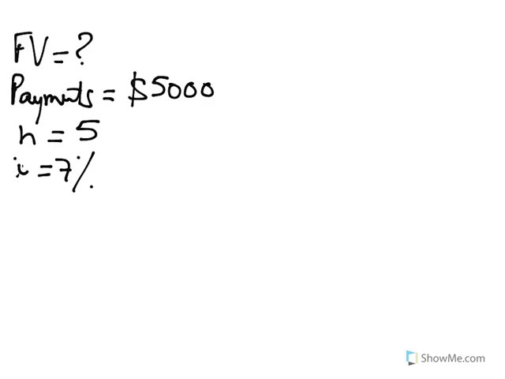If you remember the future value formula, it is present value times 1 plus i to the power of n. So in this case, the present value in year 1 would be 5,000 multiplied by a factor, 1 plus the 7%